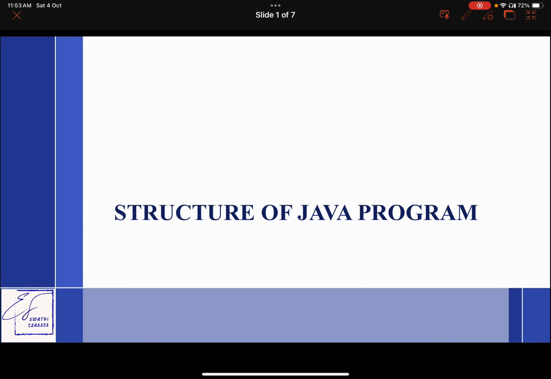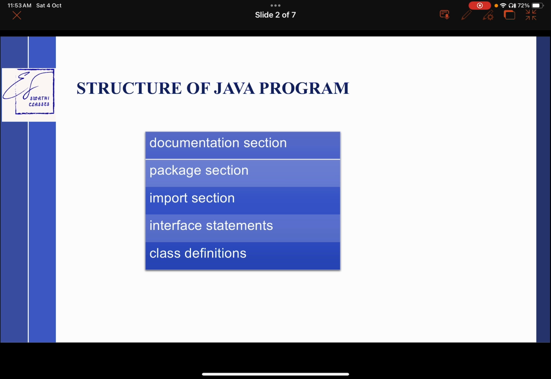Of the classes. Today we will discuss the structure of the Java program. We need to focus on 5 parts. First one is the documentation section. In the documentation section, we describe our program. Means we write the aim of the program so that if anybody else reads our program, they can understand the